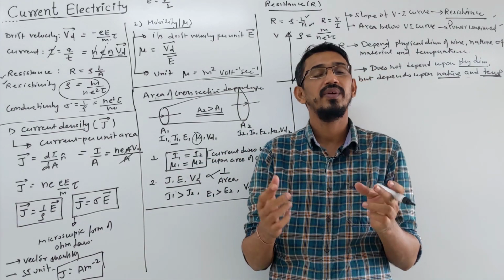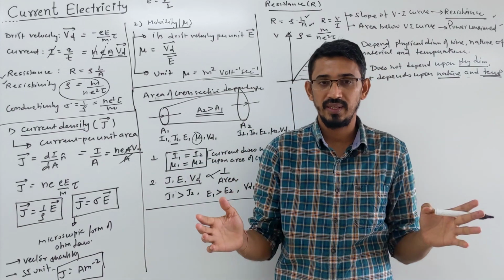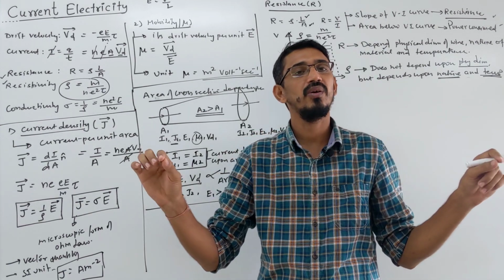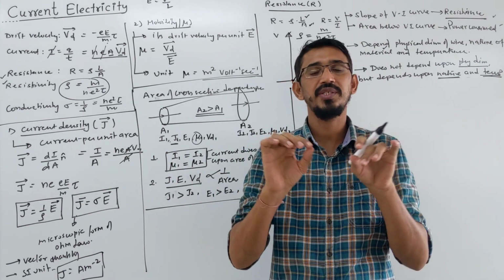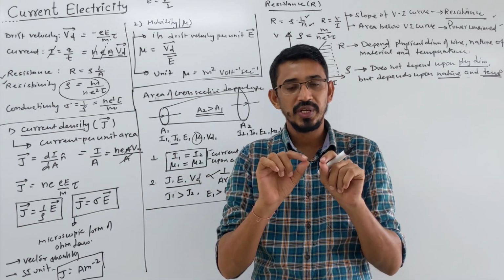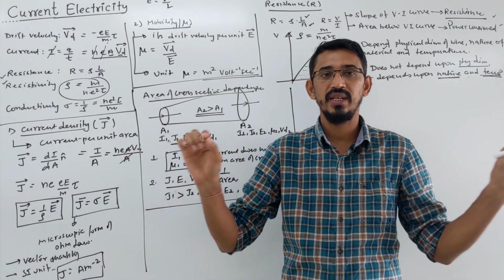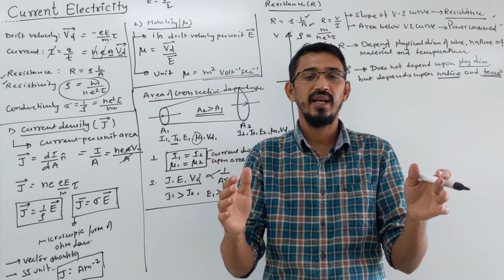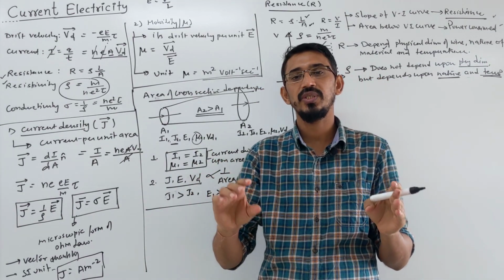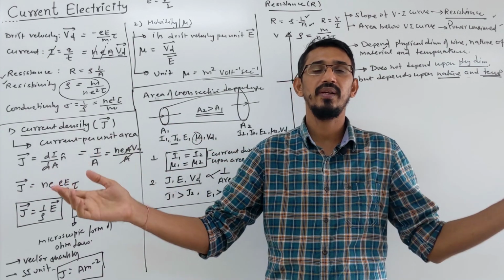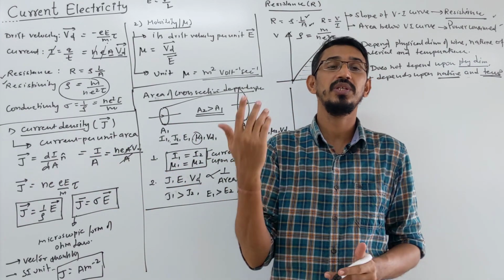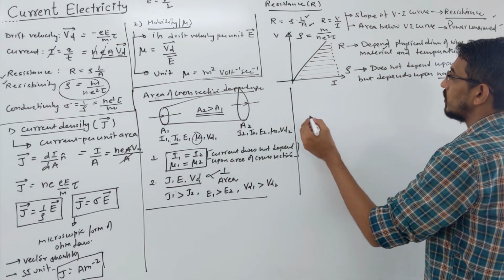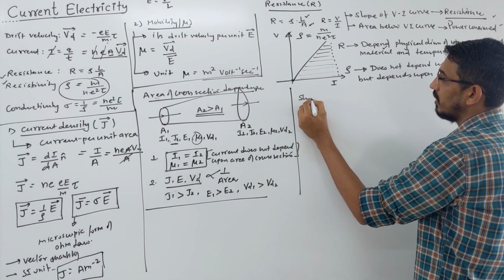How they ask: one wire will be given to you of some length L and area of cross section A. Now they will stretch this wire or compress this wire. Generally they will stretch only. When you stretch a wire, its length will increase and radius will decrease, meaning area of cross section will decrease. So they say I have a wire of length L and I am stretching it so that the length gets doubled, tripled, or becomes 4 times. Then they ask what is the new resistance. So how to calculate, look here. These are some shortcuts.